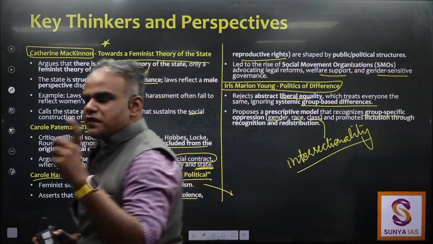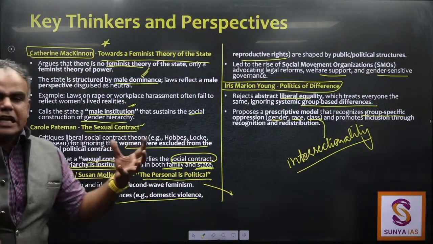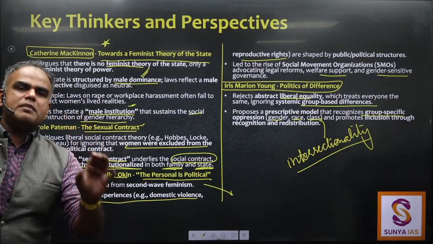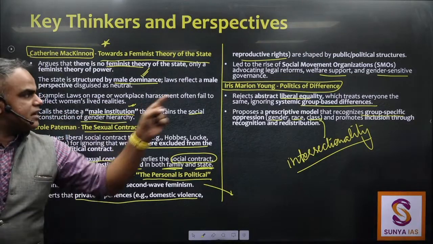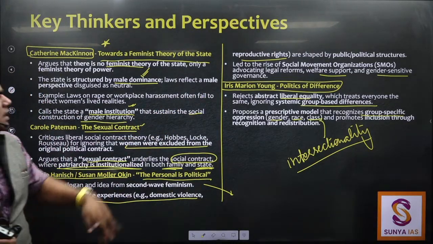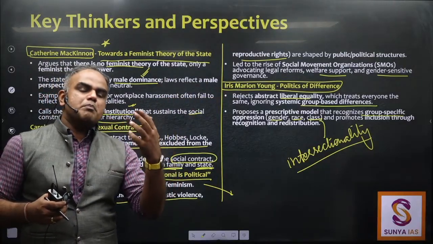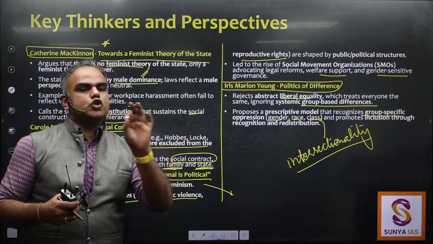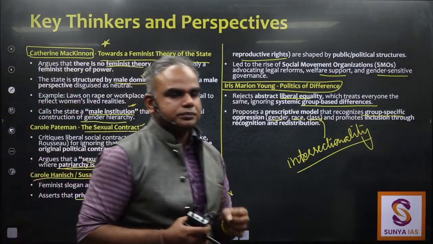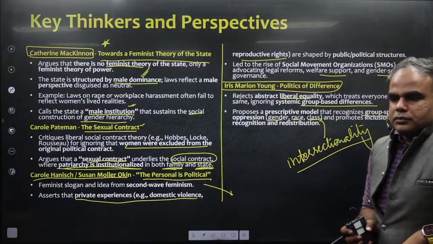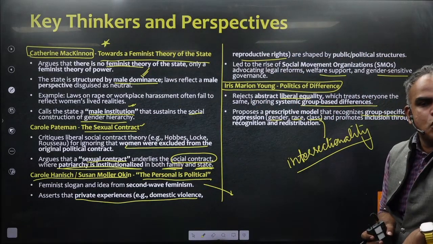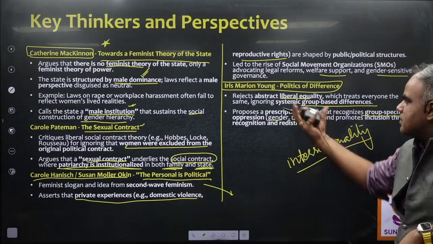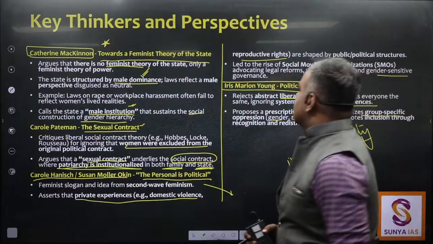So politics of difference simply means that you have to include different sections, you have to recognize their special needs, and you have to give them adequate protection. That is the difference that will happen. Same argument we'll also see when I again tell you multiculturalism, okay, and communitarianism, that how different groups should be treated differently. Again remember Aristotle's quote that it is injustice to treat unequals equally. Same sentiment is being mentioned here in case of Iris Marion Young.